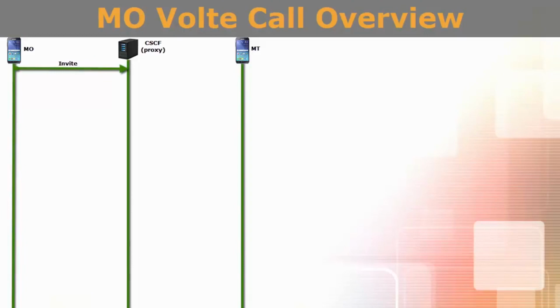This invite message includes all the parameters of the media session that the originating UE wants to have. But remember, at this stage, the originating UE does not know the IP address of the terminating UE. So the originating UE has to send this invite message to its SIP proxy, that is CSCF. Once this message is received by CSCF, it checks whether the target UE is reachable or not. If it is so, CSCF sends a reply to the originating UE by sending message 100 trying and forwards this invite message